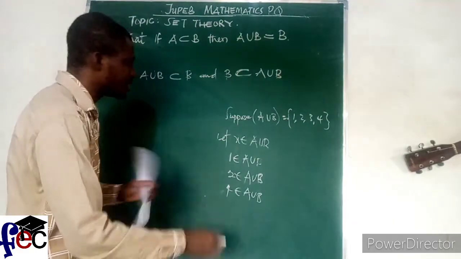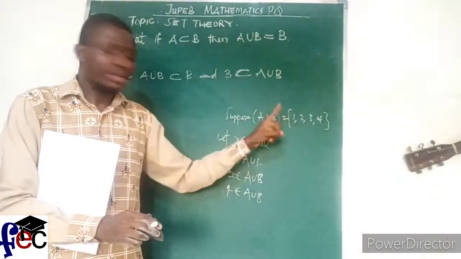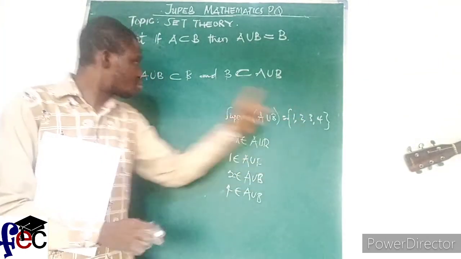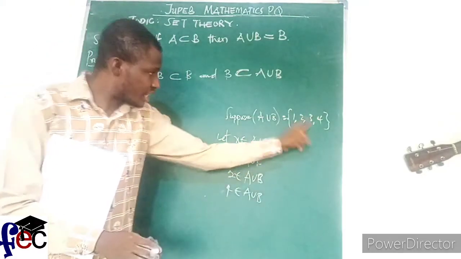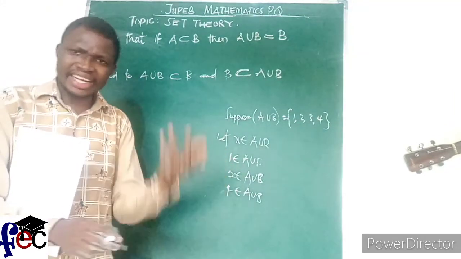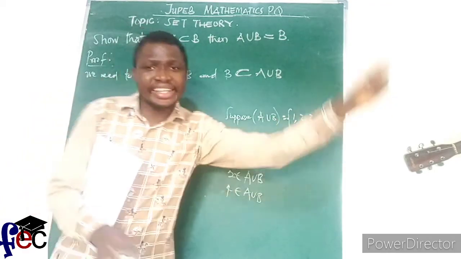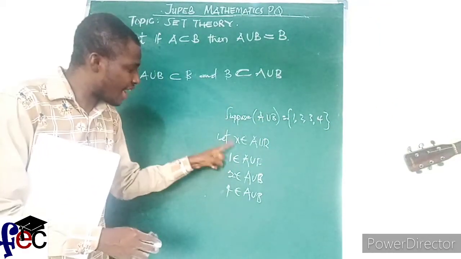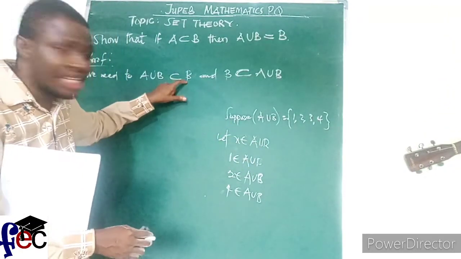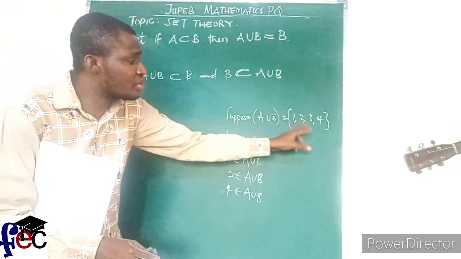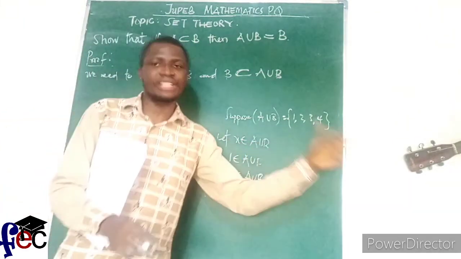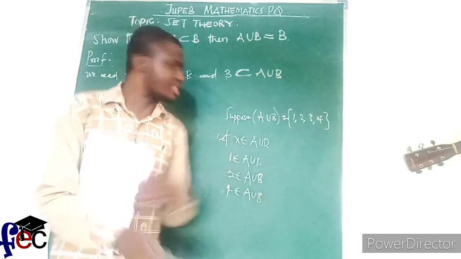So look at it now. If I pick 1 here, I will show that this 1 is inside B. If 2, I will show that this 2 is also inside B. I'll pick 3, I'll show that 3 is inside B. I'll pick 4, I'll show that 4 is inside B. So instead of doing those one by one, I can choose a single letter to stand in for any of the members of this, and show that if X, which is a member of A union B, can also be a member of B, it will imply, for example, that 1, 2, 3, 4 is in this case a member of B. Once X can be a member, then any of these can be a member. I'm using this as an example. Do you get it now? Okay.